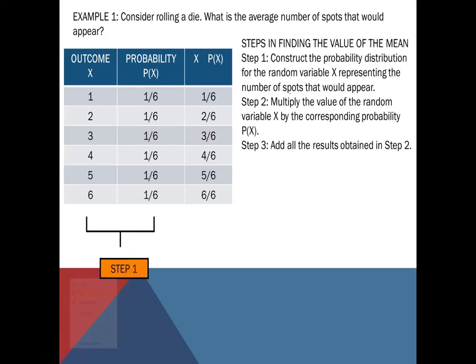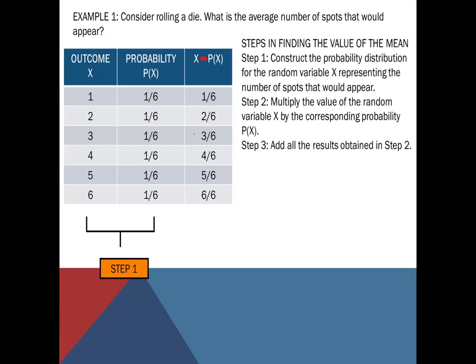Nakakonstruct na ta. Now, multiply the value of the random variable x by the corresponding probability p of x. So, ato dong i-multiply si outcome o si probability. Si x o si p sub x. So, x, no, not p sub x, p of x. Okay, x times p of x. 1 times 1/6 is 1/6. 2 times 1/6 is 2 over 6. 3 times 1/6 is 3/6. So, as you can see, wala na ko